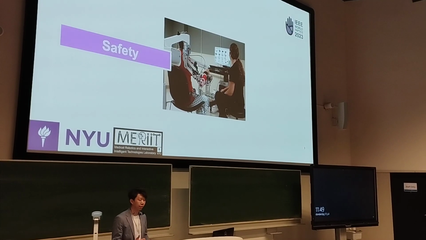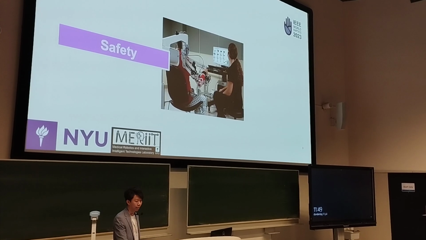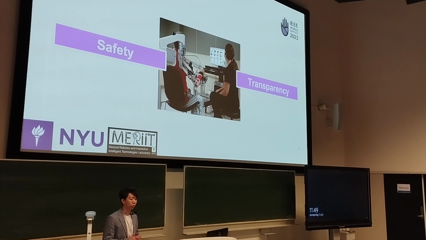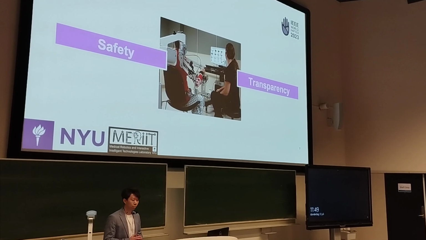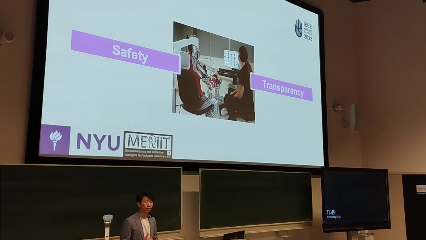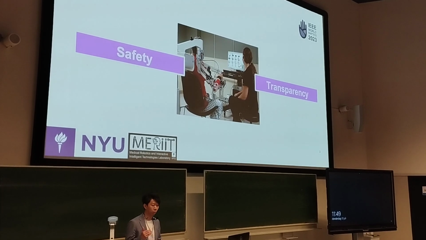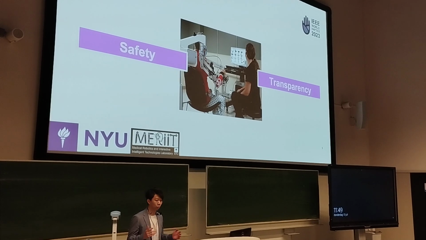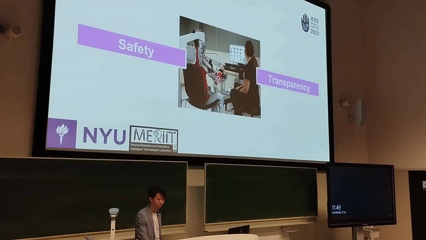The first is the safety of the interaction, and the second is the transparency and the fidelity in the information transfer. For example, we want the force applied to the human to be as close as the force generated by the robots. In order to guarantee those aspects, there are some solutions and methods that have been proposed in the